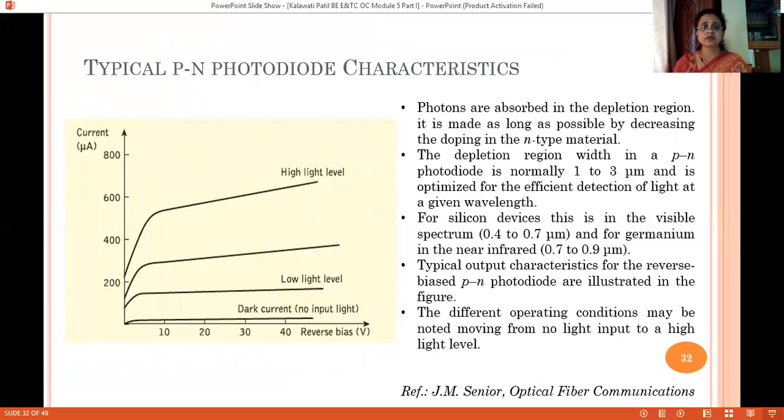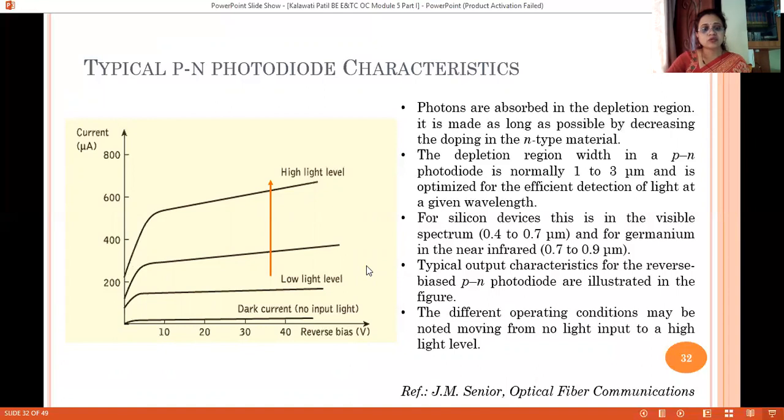So before I move on to it, I would like to show you a typical characteristic of a PN photodiode. As you observe here, students, we have shown four characteristics, from illumination with low intensity and then increasing intensity. Obviously, if I increase the power of the illumination, I expect more photocurrent to be generated. And this trend can be observed from these top three traces. So we get higher current.